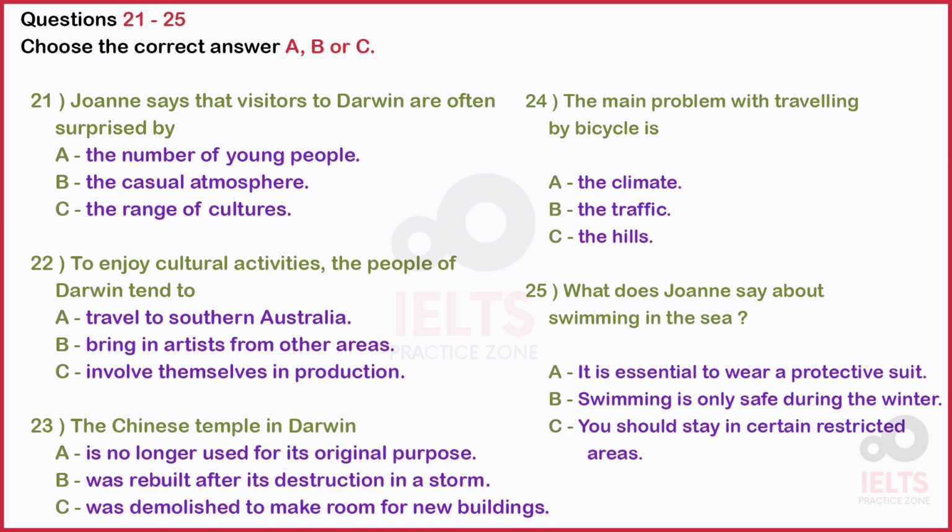You said it's very international. Yeah, they say there are over 70 different nationalities in Darwin. For instance, there's been a Chinese population there for over 100 years. We've even got a Chinese temple. It was built way back in 1887, but when a very bad storm, a cyclone in fact, hit Darwin in the 1970s, it was almost completely destroyed. The only parts of the temple that survived were part of the altars and the stone lions, but after the storm, they reconstructed it using modern materials. It's still used as a religious center today, but it's open to tourists too,